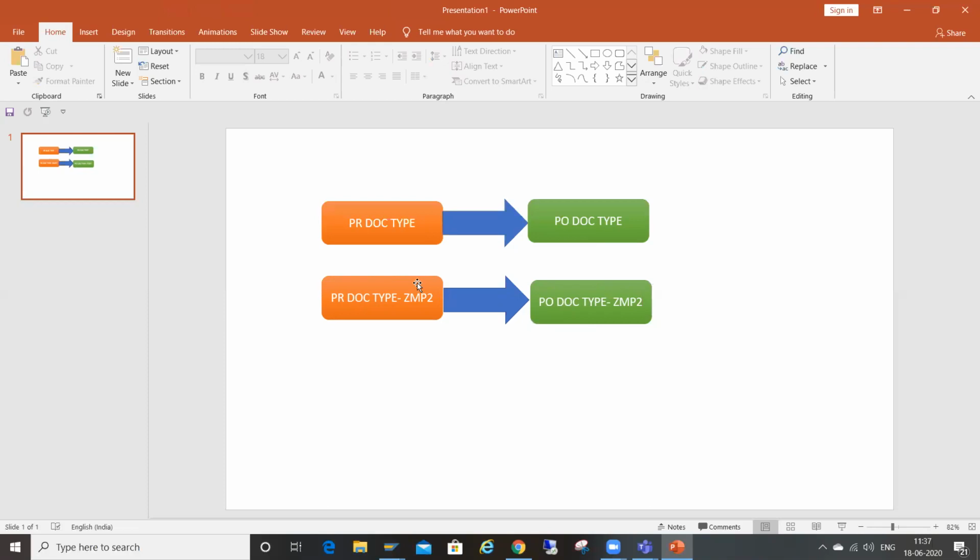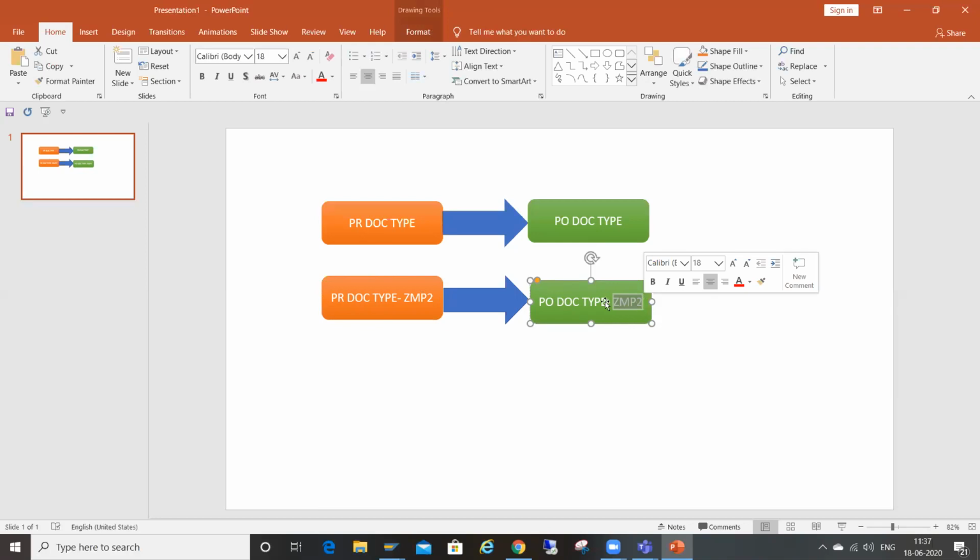Means if I create a PR in ZMP2, system should allow to create a PO for ZMP2 PO document type. Okay, or a particular document type, either maybe ZMP2 or ZMP3, whatever it is.